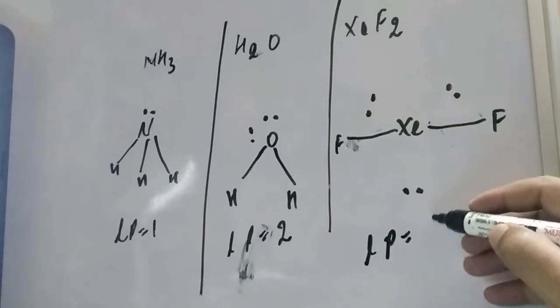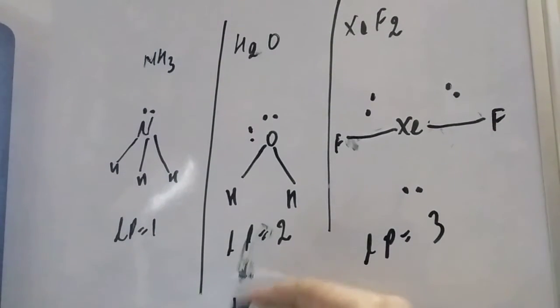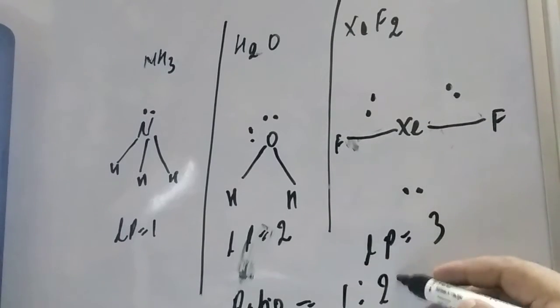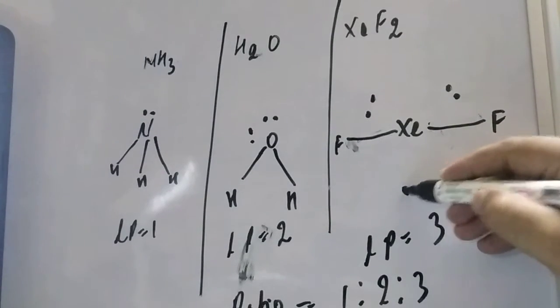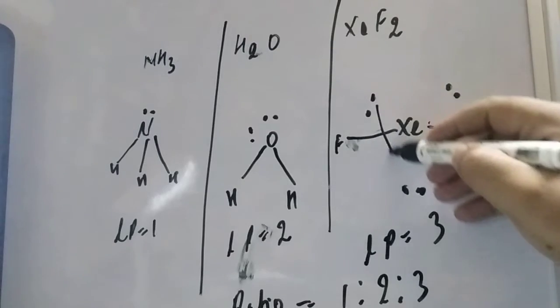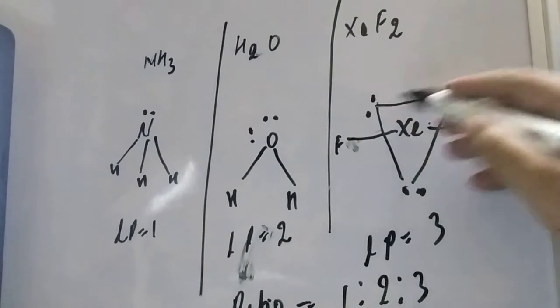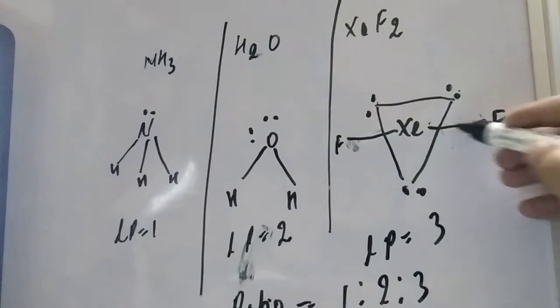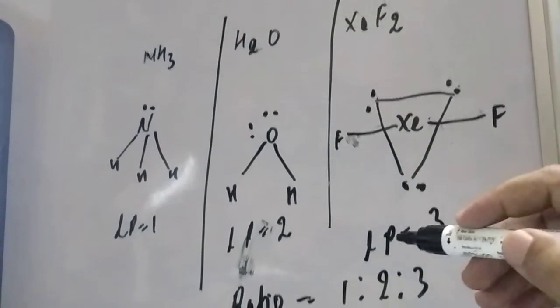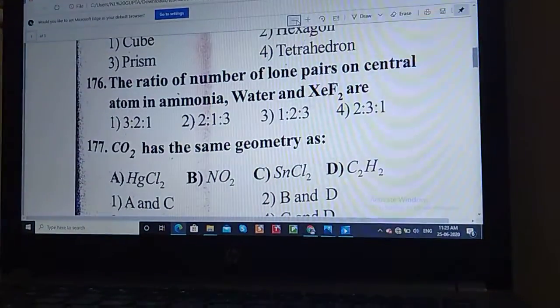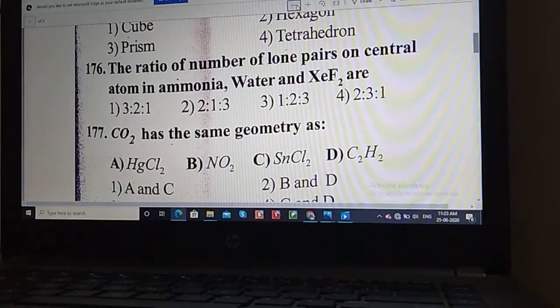The total lone pair electrons, if you talk about, student, is 3. So if you are talking about the ratio, student, how much is coming? 1:2:3. Because how many lone pairs does xenon have, student? Total electrons are 8. So 2, 4, 6, and here 1, 1, 7. So that is 1, 1 here. That is the ratio 1 to 3. And now you come to the slide, student. The correct option will be option number 3.